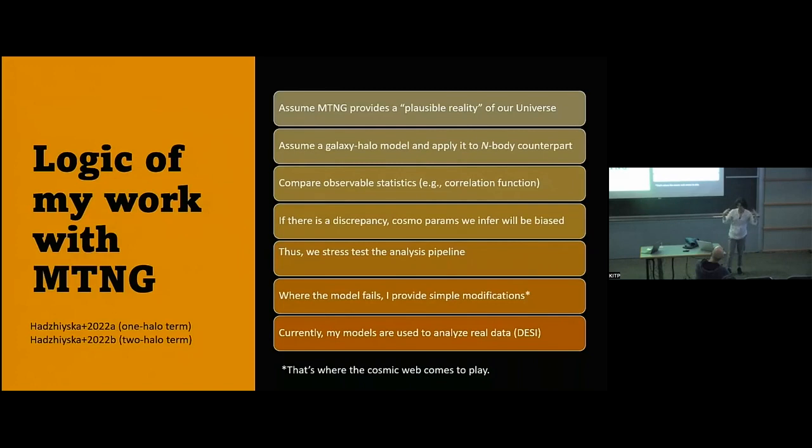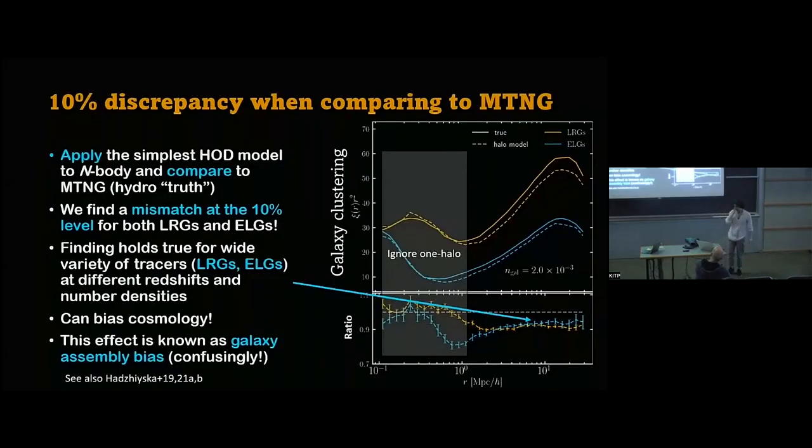So basically, if I find a discrepancy, then what I do is I try to come up with some heuristic that gives me a better comparison between the galaxy halo model and the hydrodynamical simulation. And then I try to sell it to people who are fitting it to data. So for example, right now, we have implemented a bunch of these findings into the DESI pipeline, and indeed it's giving us better fits to real data. So I'm going to say a few words about that as well.